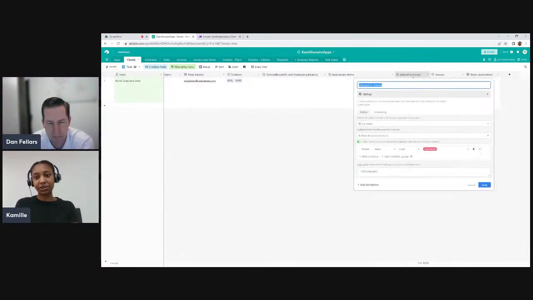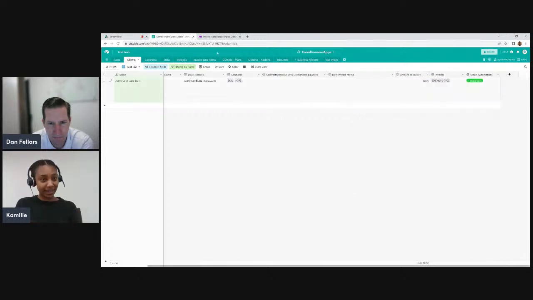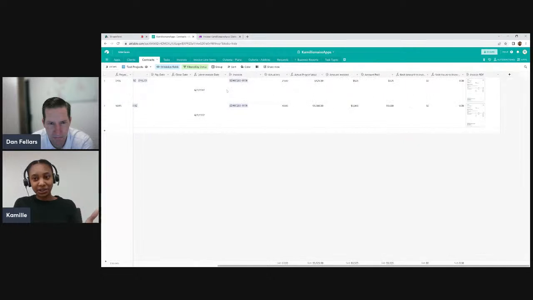Lastly, I have another roll-up, similar, for the condition status is not canceled, and then it's summing up all of the next amount to invoice. Well, what's the next amount to invoice? If I go back to